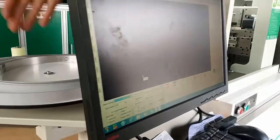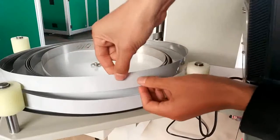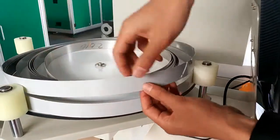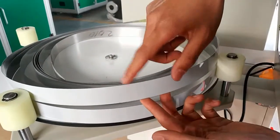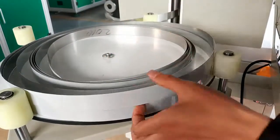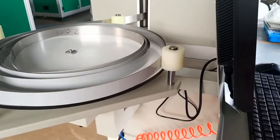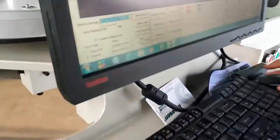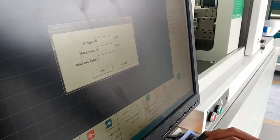Okay, now we're fitting the material, so we need to get the thickness and height. For example, this material is 3 centimeter, 0.5 millimeter thickness. So now we need to create a new material. So we click the new material, and the height is